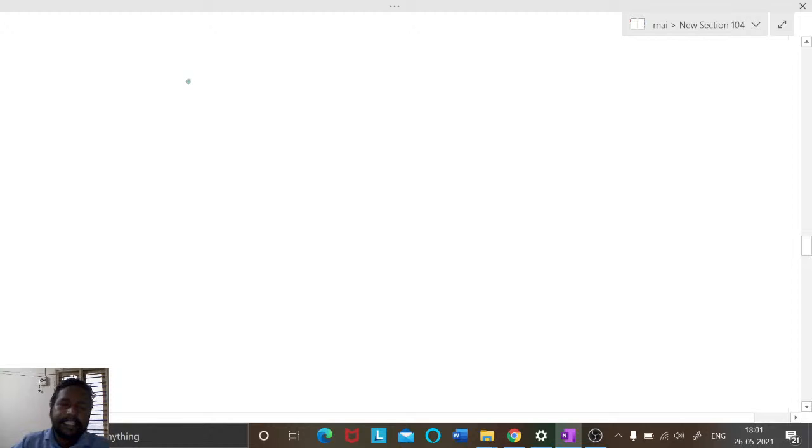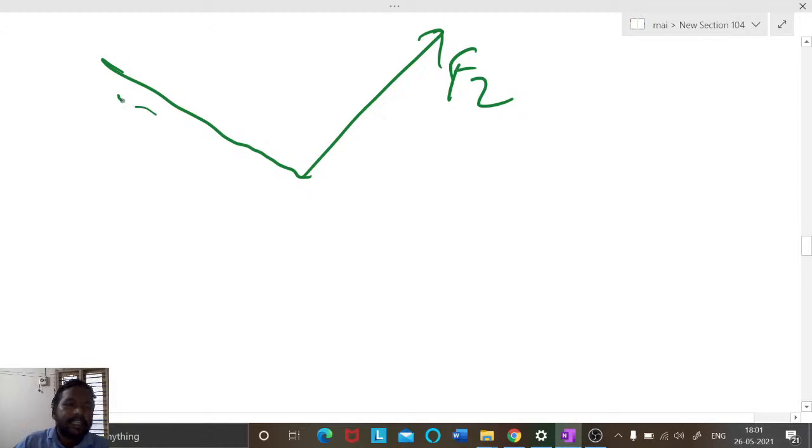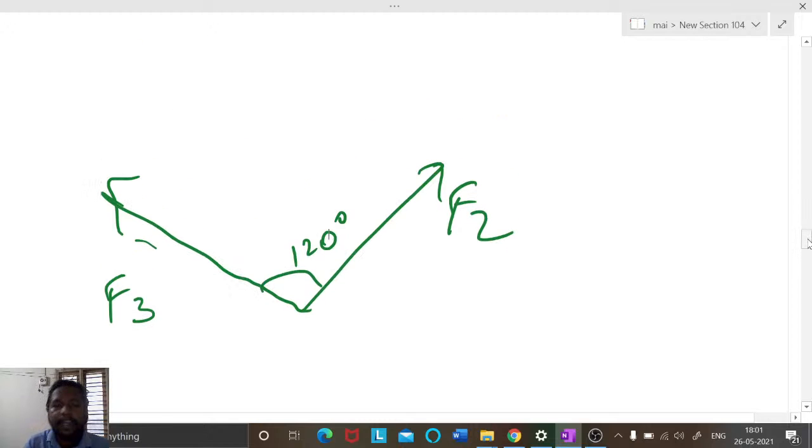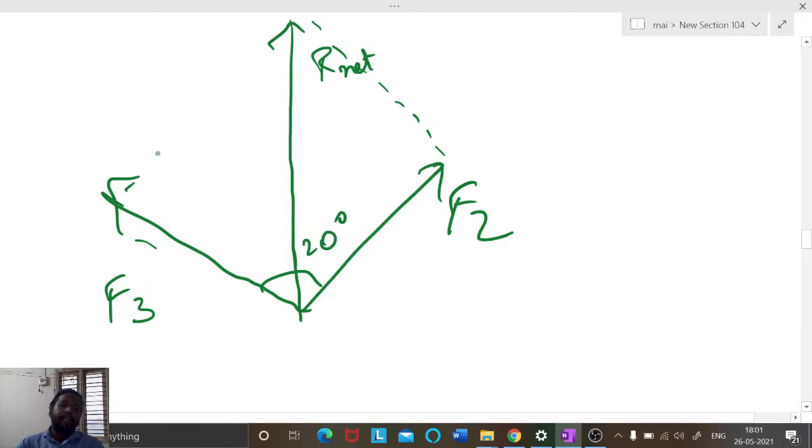F2 will be acting in this direction, and F3 will be acting in this direction. First I'm going to solve these two, with an angle of 120 degree between them. I'm going to use the parallelogram law of vectors, as we learned in 11th standard. The resultant is the resultant force, which I take as R net. It looks like a parallelogram. This is F3, this is F2. As we know, the resultant is equal to root